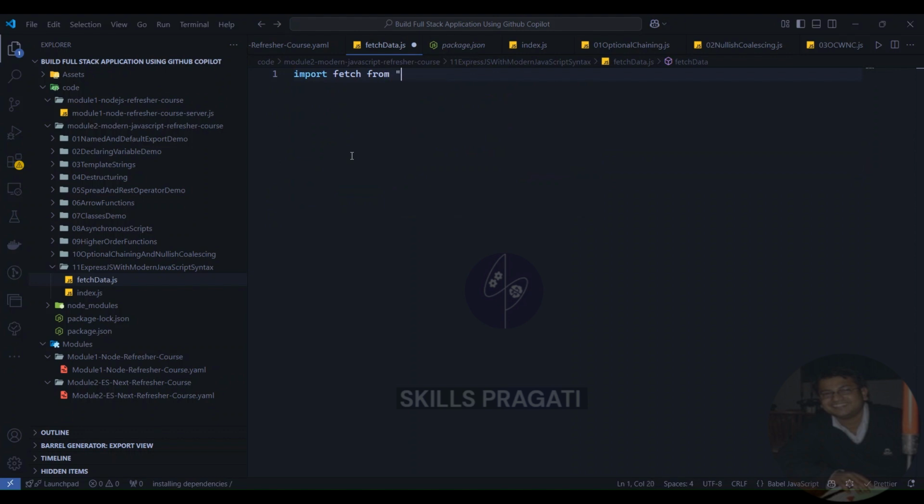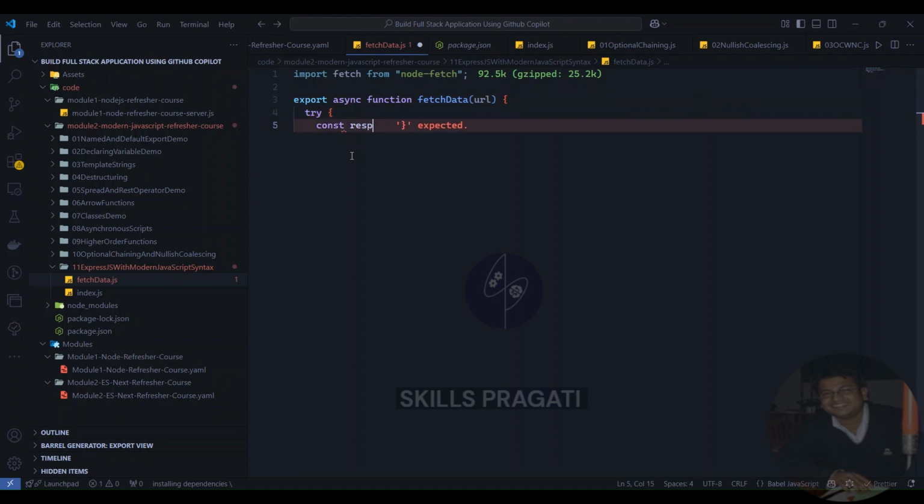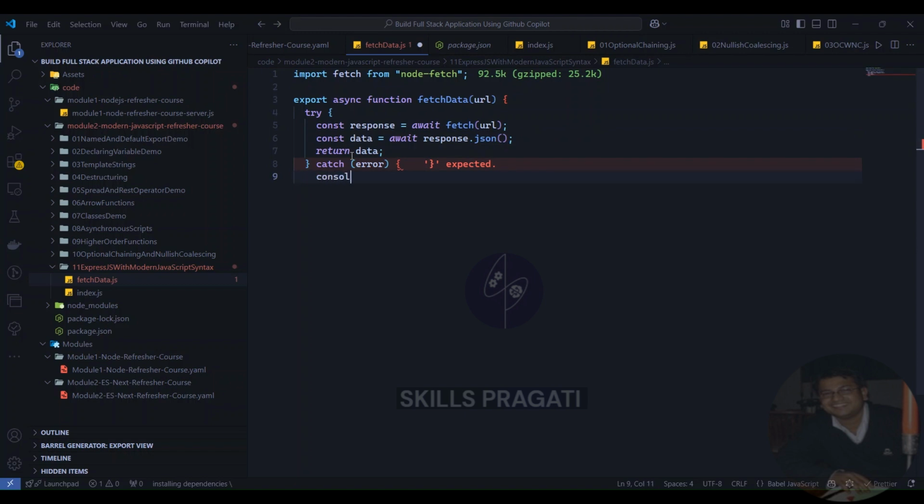I am going to write code that defines an asynchronous function named fetchData that takes a single parameter, url. This function is designed to fetch data from a specified URL and return the parsed JSON data. The function uses the fetch API to make an HTTP request to the given URL. The await keyword is used to pause the execution of the function until the fetch call completes and returns a response. Once the response is received, the function calls the json method on the response object to parse the response body as JSON. This operation is also awaited, ensuring that the function waits for the JSON parsing to complete before